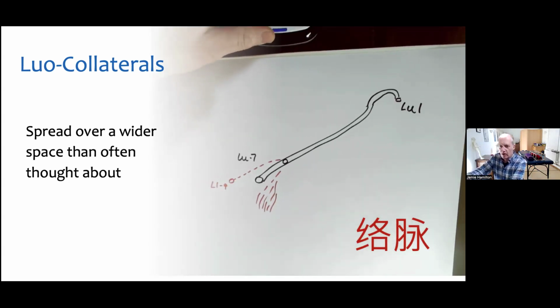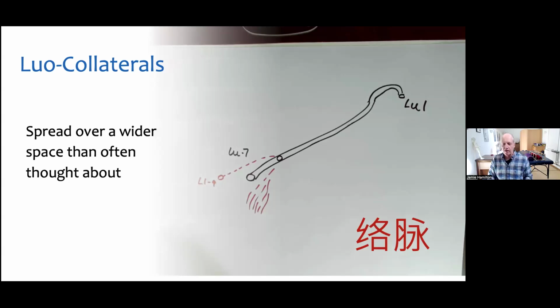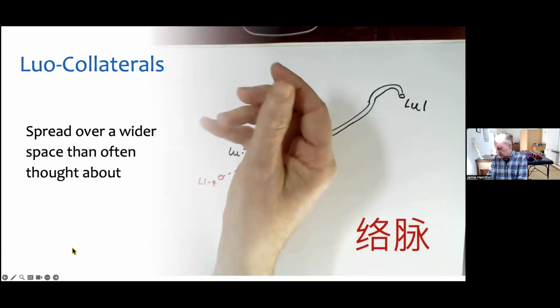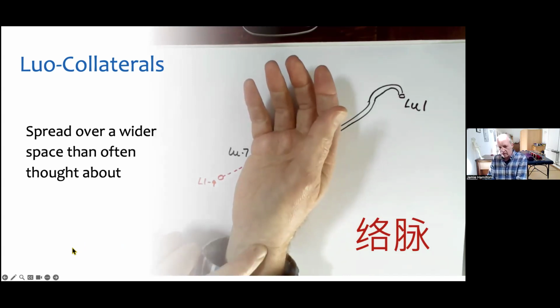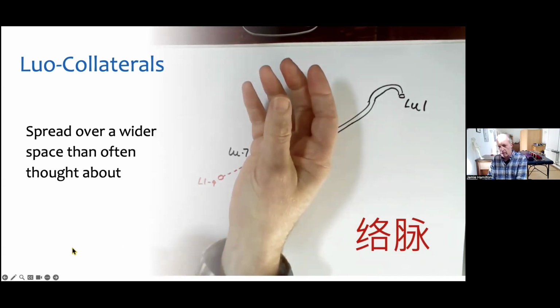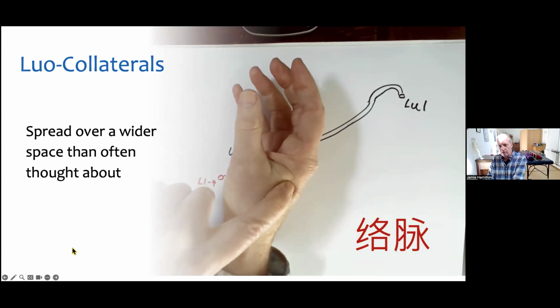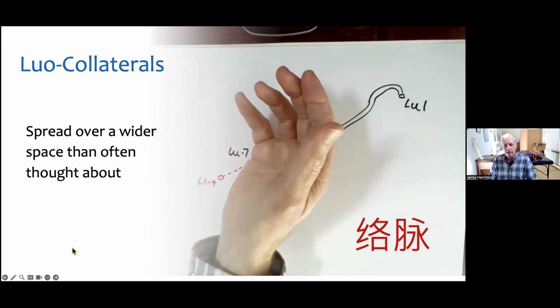And I think this description is quite unsatisfactory, because you might just think, well, why would you bother with this particular system? It's not very useful. When would you need to treat the base of the thumb? If all this channel does is run out to the base of the thumb and then spread out to large intestine 4, then that's not really doing very much.